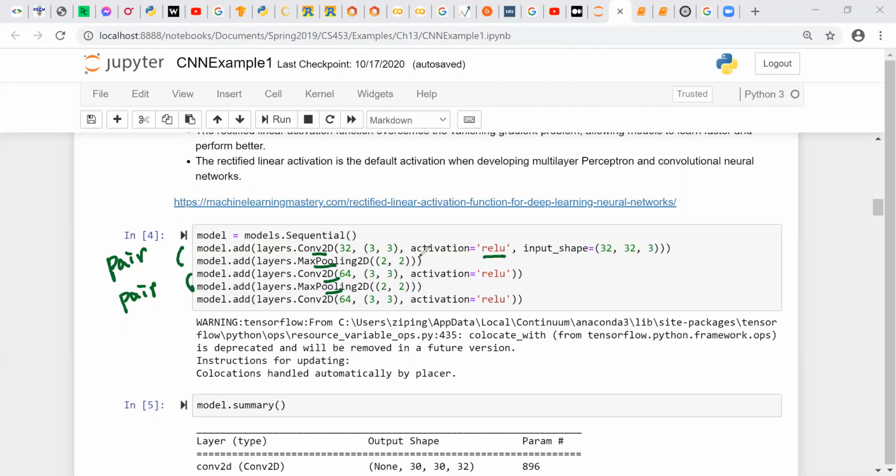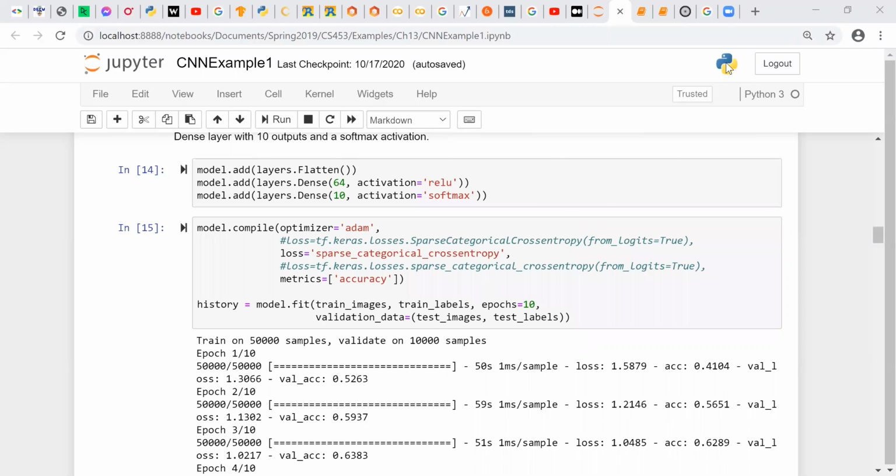After that we have another convolution, and we select the activation. The activation is the rectified linear unit. So this is our convolutional neural network model. Here is what the model looks like. It also gives you the output shape. And what you can do next, since we haven't finished,